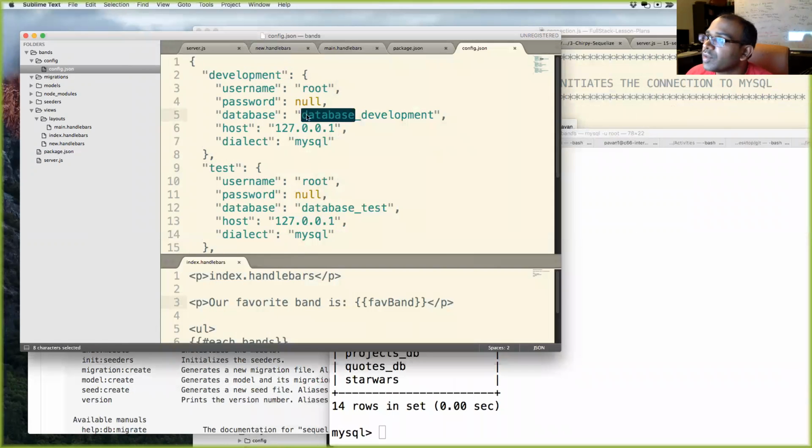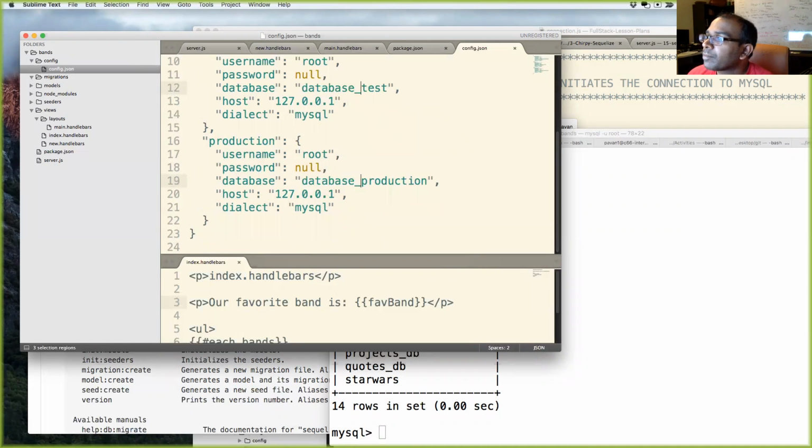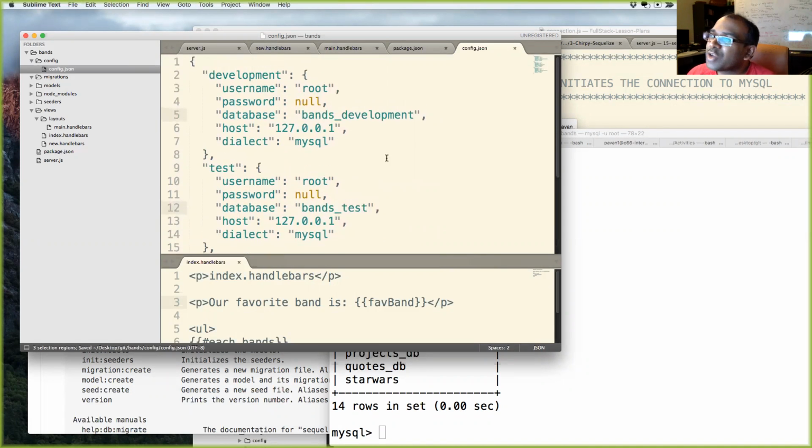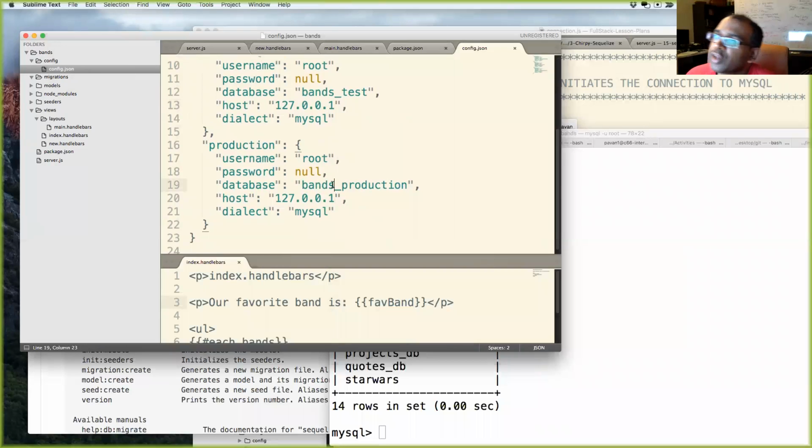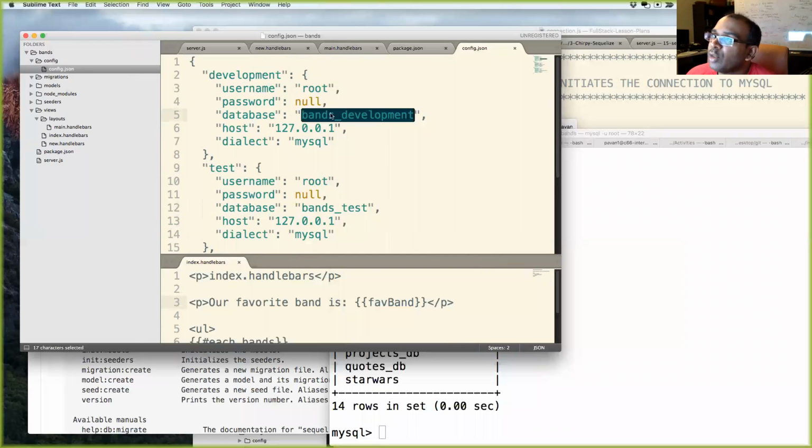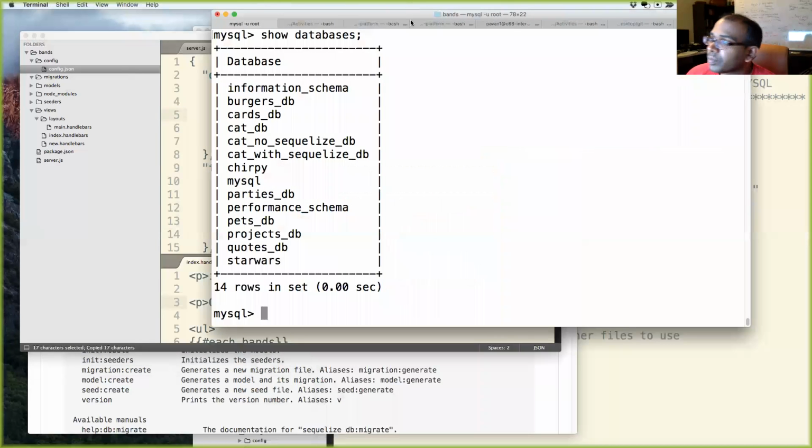So I'll call this bands, right? And I don't actually need to create bands test because I'm not running any tests right now. And I certainly don't have to create bands production because this would live in production. So I would just create bands development. So let me just create this database.